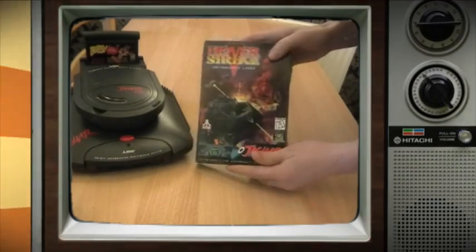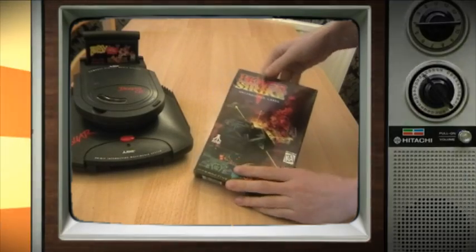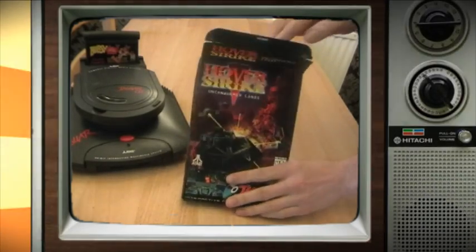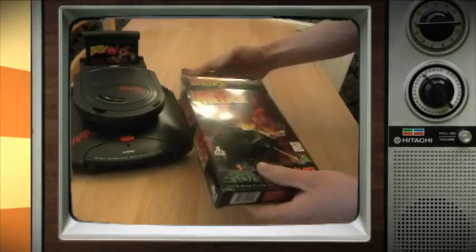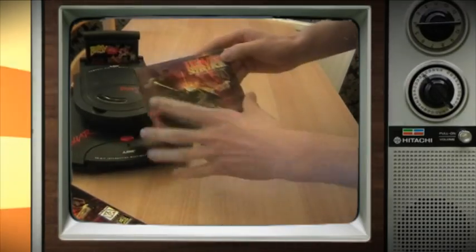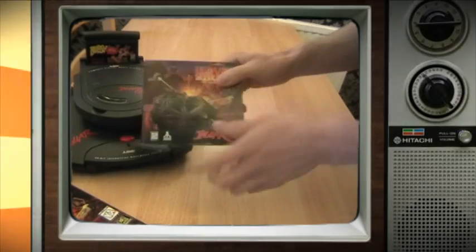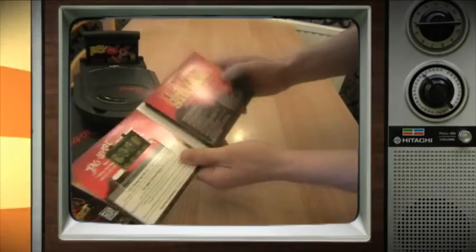The games themselves, again, come in cardboard packages, which are slightly bigger than the normal Atari Jaguar cartridge boxes. Inside them, you'll often find big instruction manuals and warranty cards, etc. But the thing you will always find is this smaller game pack box here. And a lot of the time when you find the games on eBay, they are just in this, without the actual outer box. When you open this up,